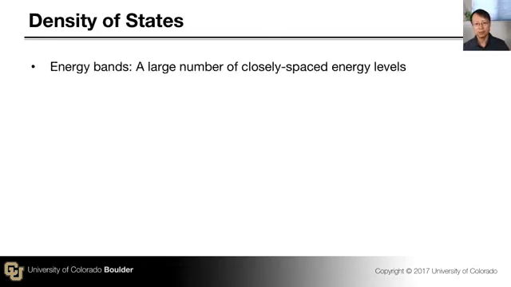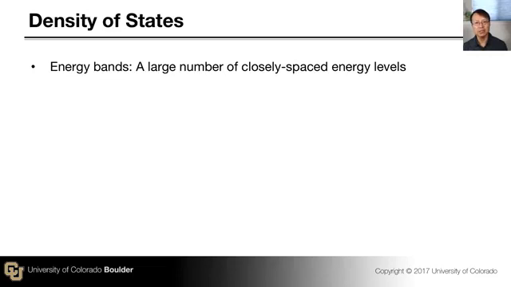Now, let's look at the density of states first. What is an energy band? Energy band is what we define as a range of energy that is allowed. We treat it as if it is a continuum, but in reality, it is composed of a very, very large number of energy levels that are very, very closely spaced. So for all practical purposes, we can treat it as a continuum, but in reality, it is composed of many,